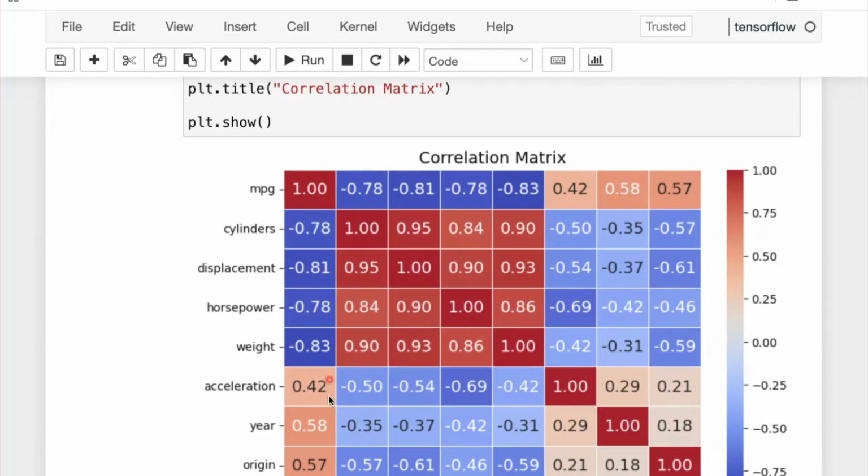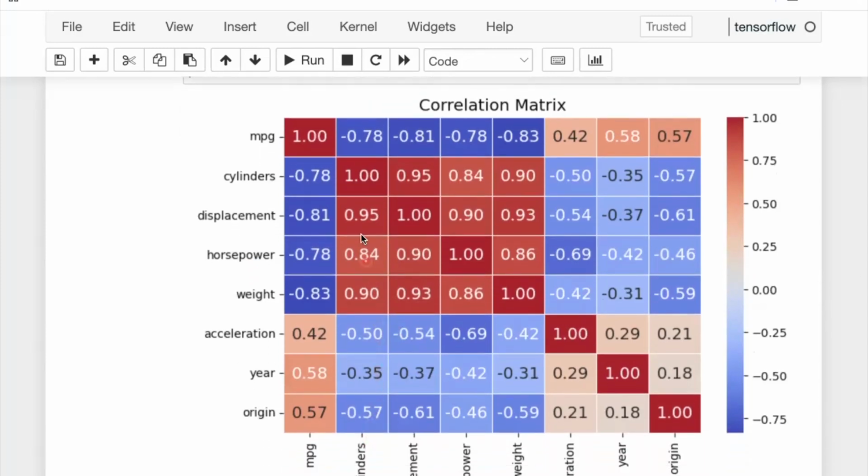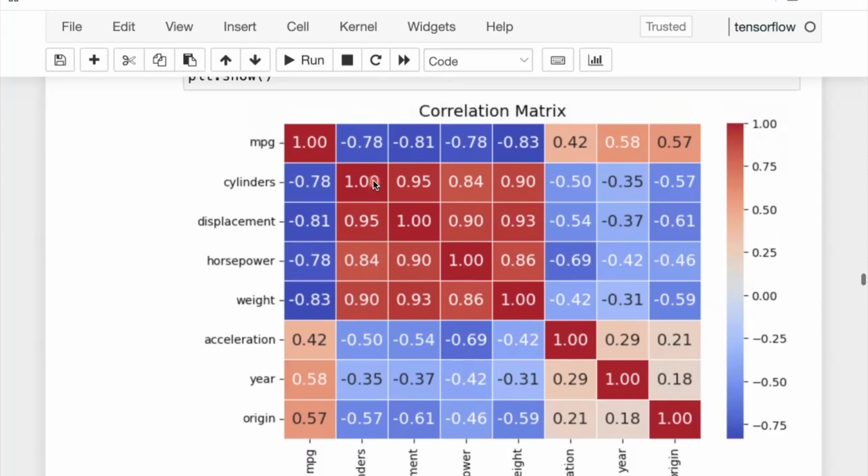But you can see that, for example, with MPG and here, cylinders, displacement, horsepower, we have negative correlation. That's what we saw from this pair plot that we had before. And also you can see that some of these input features like cylinders and displacement and things like that have positive correlation. So this tells us that this is a relatively difficult problem in the sense that we have